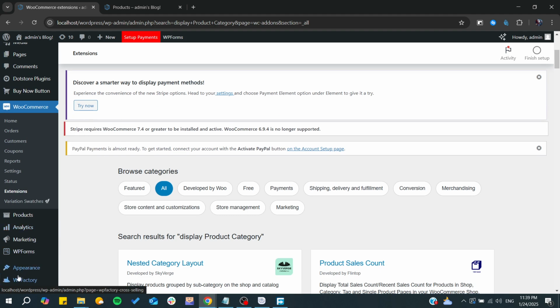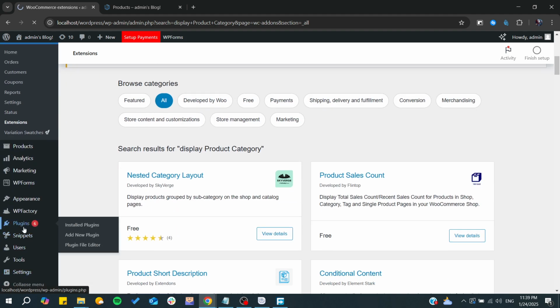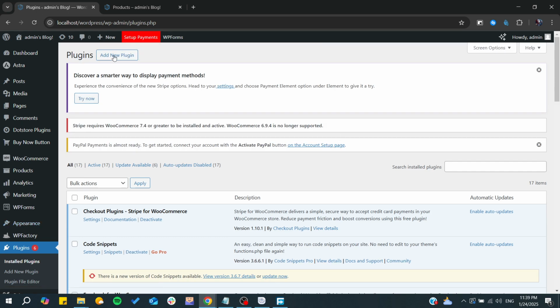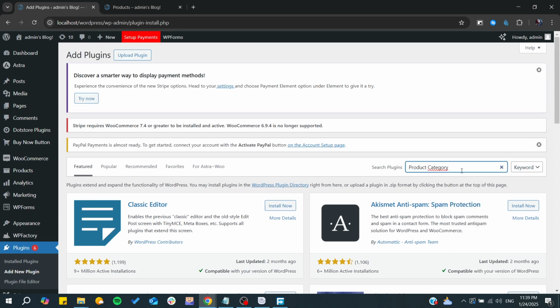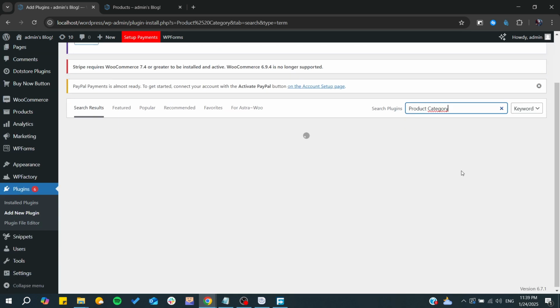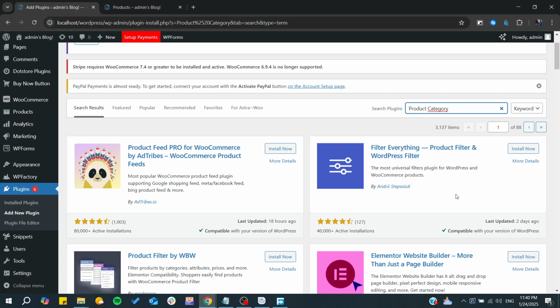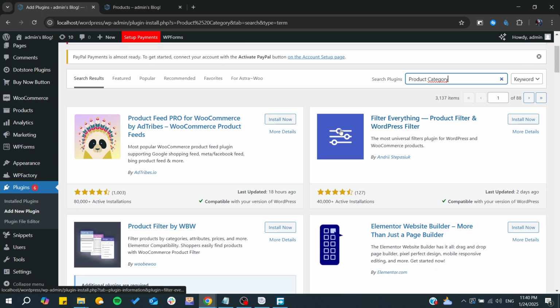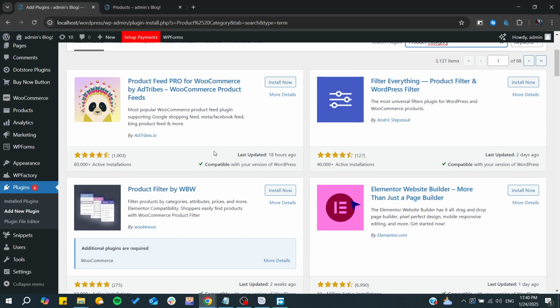And basically, we will need just to go to the plugins, and we just add new plugin, and we search for the ones that would add these snippets of codes. And basically, it's simply you will need just to modify on your theme code so you can add this function to be able to, as you can see, either you can start filtering or you can start adding your category